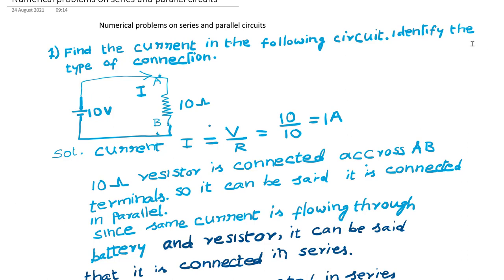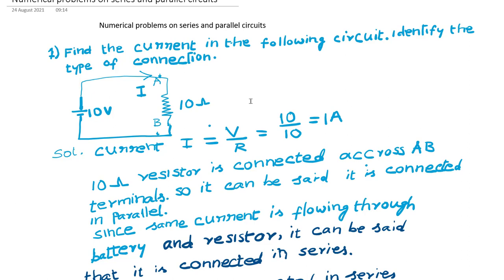Now identify the type of resistance connection. Is it a series or in parallel? So before we decide it, we should know what are the features of a series circuit and what are the features of a parallel circuit. In case of series circuit, the current flowing through all the elements will be same. Whereas in parallel circuit, the elements voltage will be same, that is all parallel branches will have the same voltage. So these are the two features.